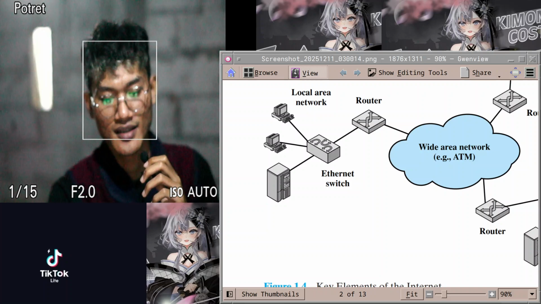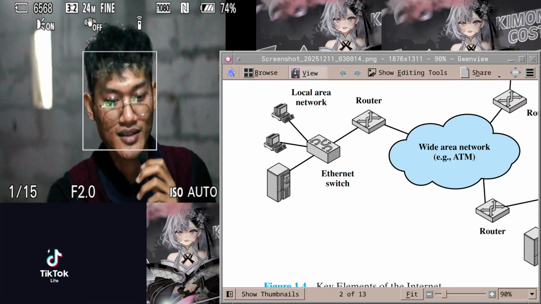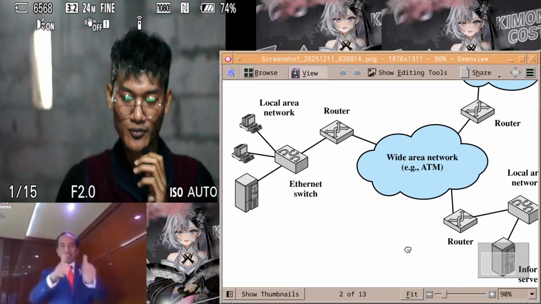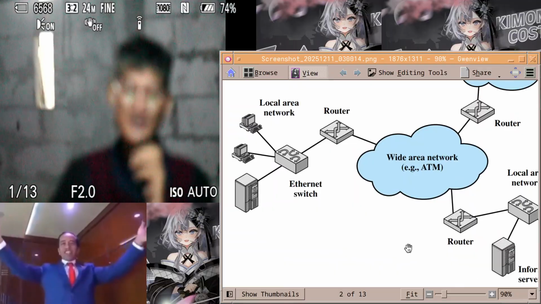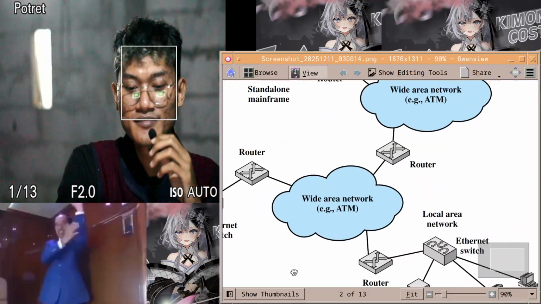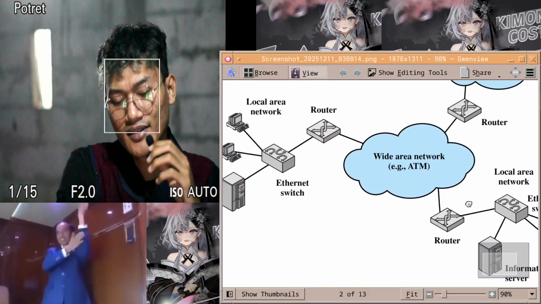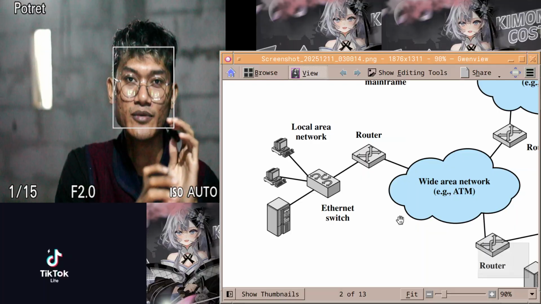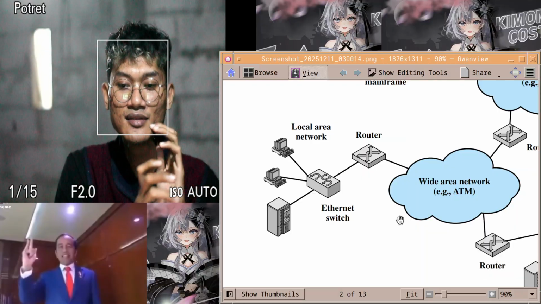The wider area has a name, a wide area network. And for the local area network, it has some topologies, like